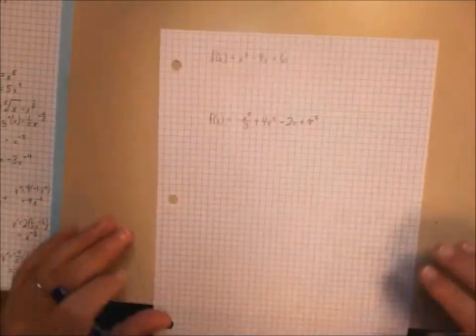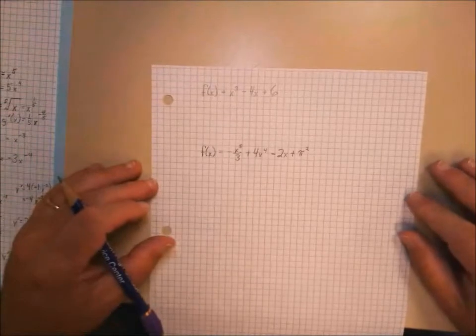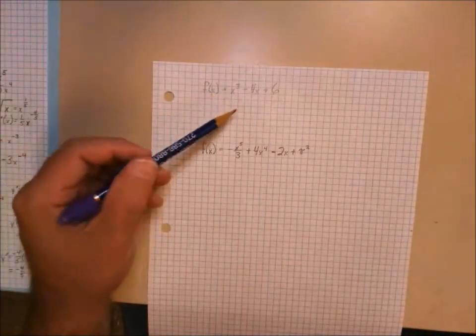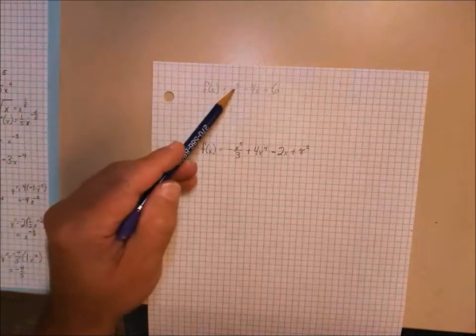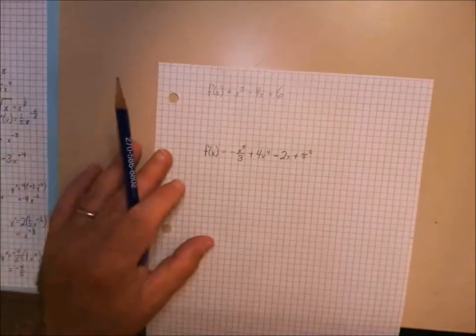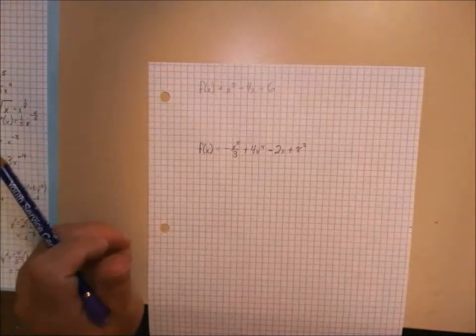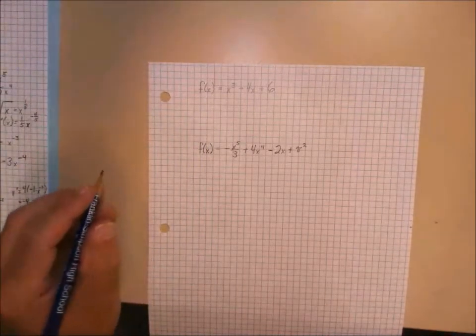I'm going to finish the first part of the basic rules. I did not write the sum and difference as a rule. I just want you to realize that when you are adding and subtracting terms, as long as you can take the derivative of each term, you can simply take the derivative of each one and it will be the derivative of the sum and or difference. So on this one,